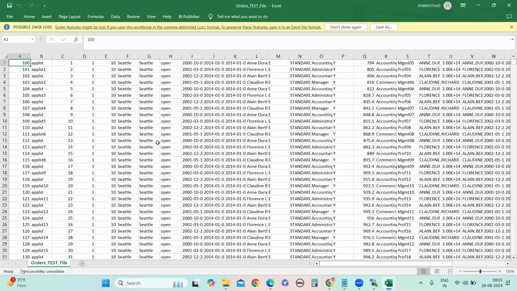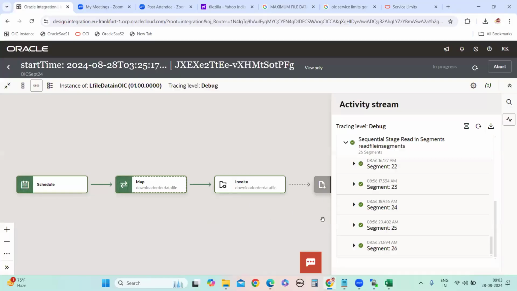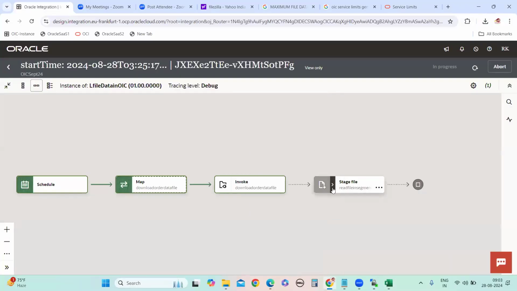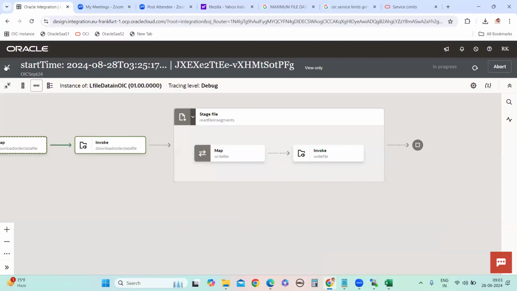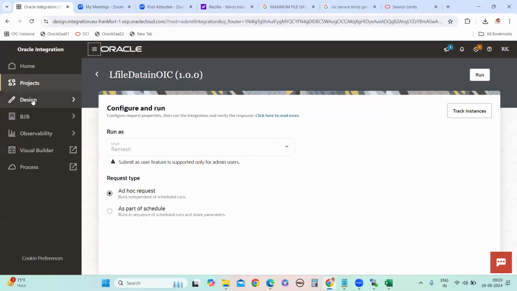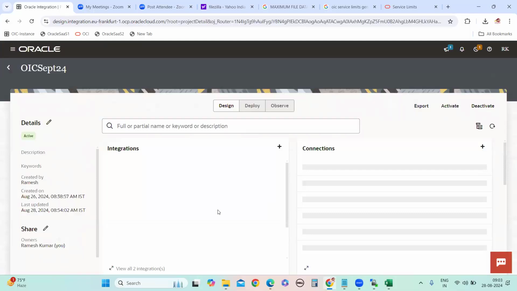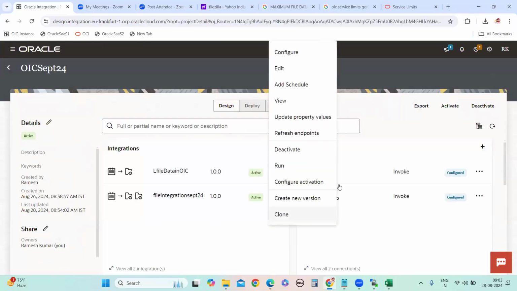Okay, but here data came, right? Data came, but headers did not come. Did you observe? Hello. Yes, yes. So you observed or not in the integration? Anytime we have handled labels, we have not handled, right? Only data we have mapped, right? Let me go to the actual integration. So project. We go to this project. Deactivate.